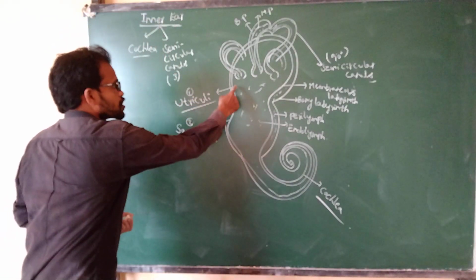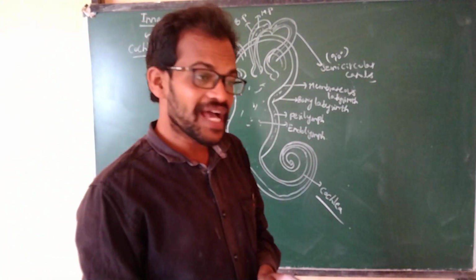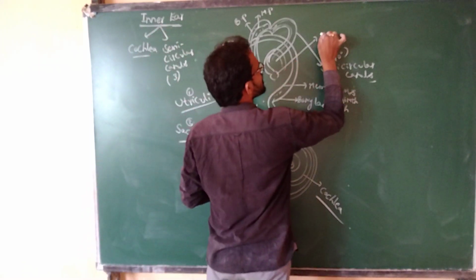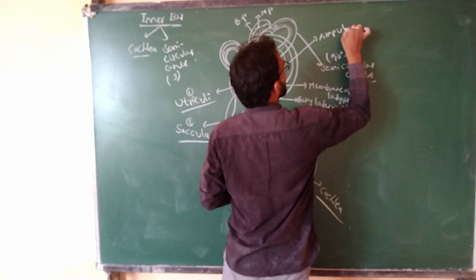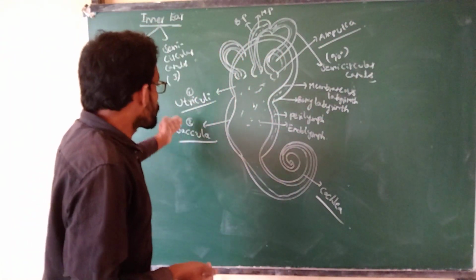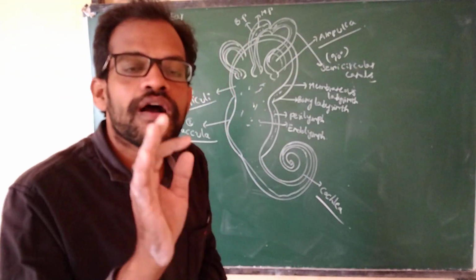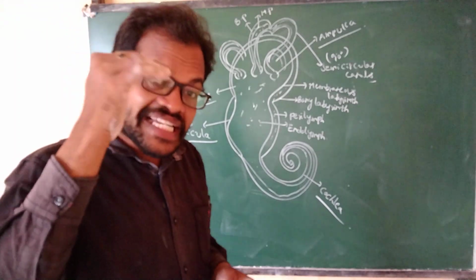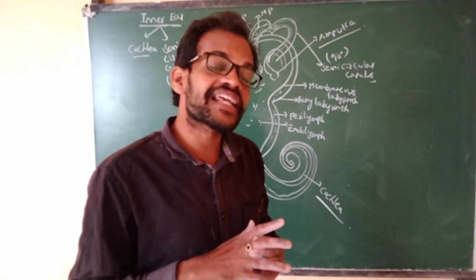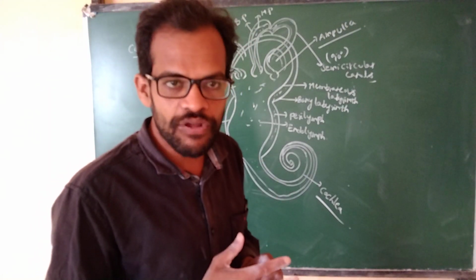Okay, coming to the inner parts, the anatomy of the inner parts: the transverse section of the utriculus and sacculus, and the transverse section of the ampulla part. This bulging part is known as the ampulla. If you observe these transverse sections, the inner side consists of sensory cells. These sensory cells are helpful for the balance and equilibrium of the body.